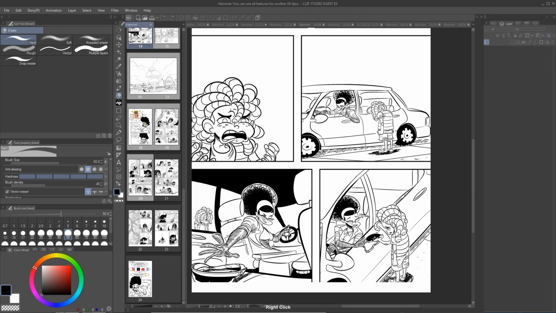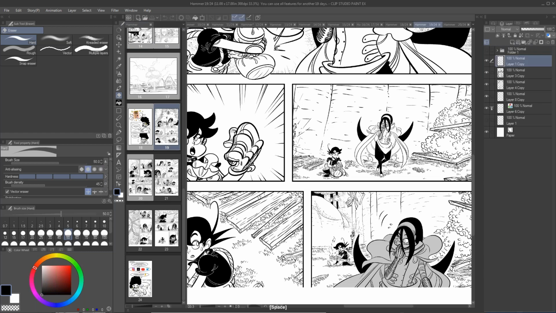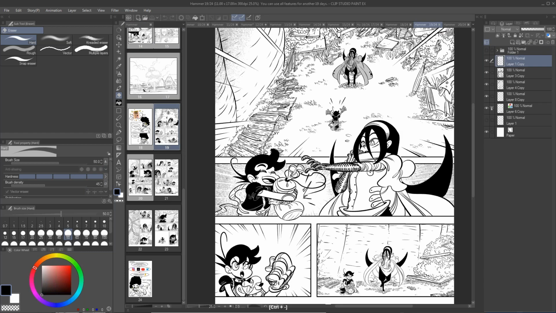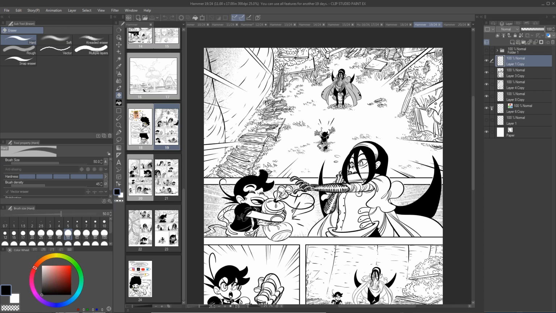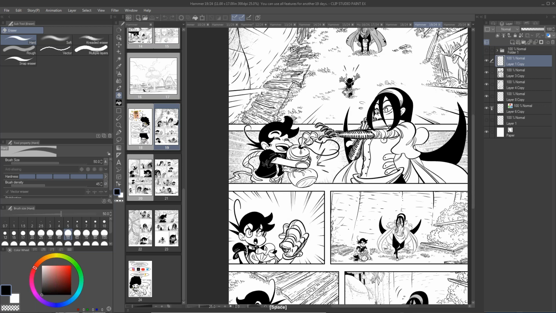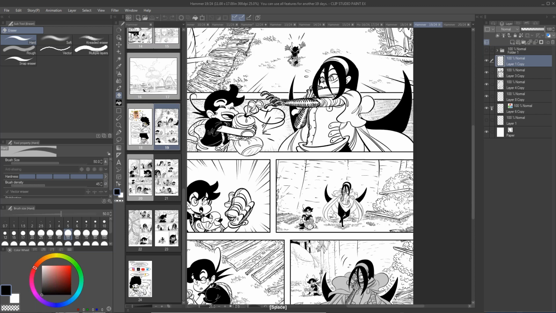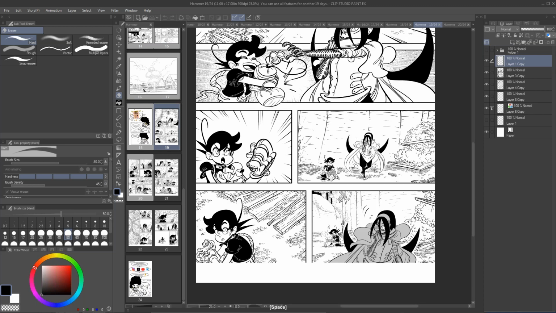I'm gonna go back to these hammer pages so I can show you how I try to implement the flowing of the eye there. He's going towards her. You can see that she's giving him this bag, which is coming out and facing that way. He's facing that way, and now his eyes are looking that way.